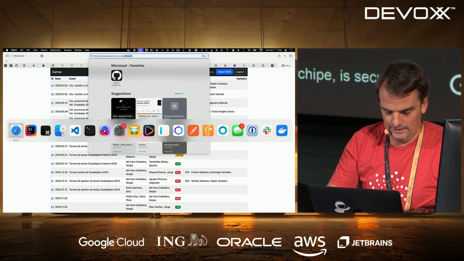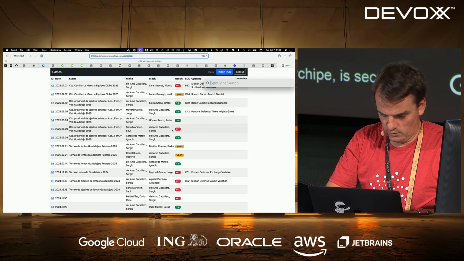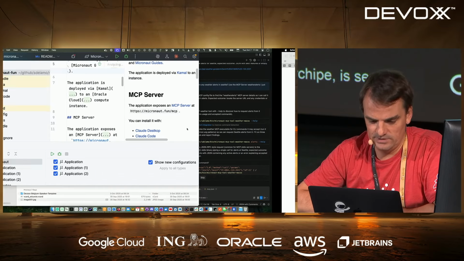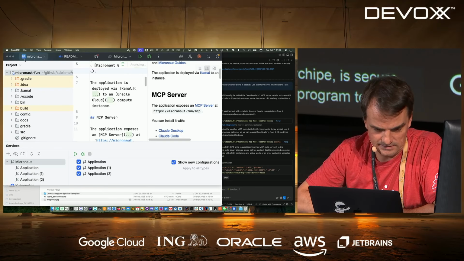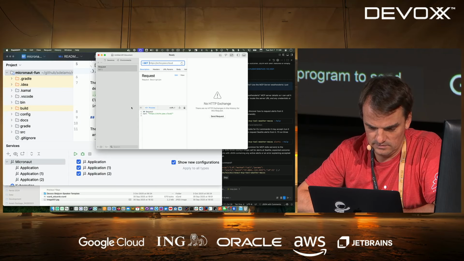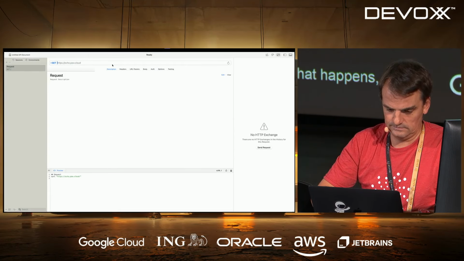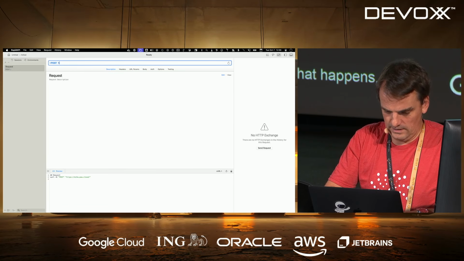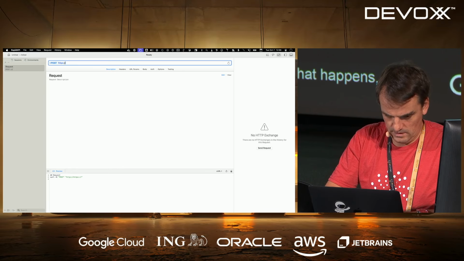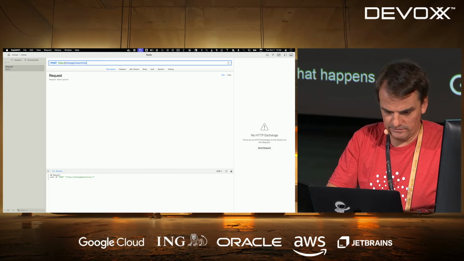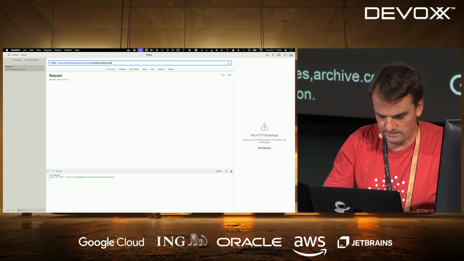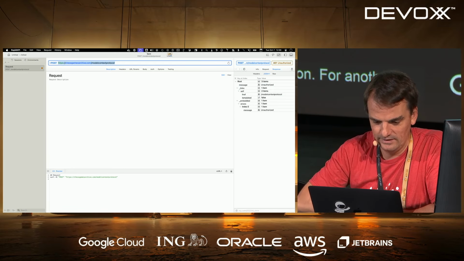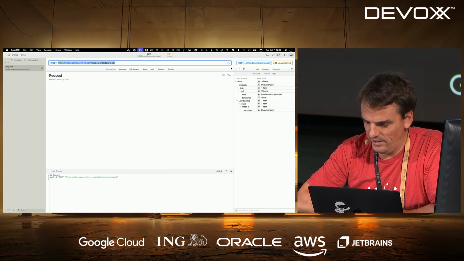So I'm going to open Rapid API, which is a program to send HTTP requests. And we're going to send a request to see what happens, right? So if I send a post request against chessgamesarchive.com model context protocol. I changed the path in this application for another story. I can tell you if you want. You get an unauthorized,